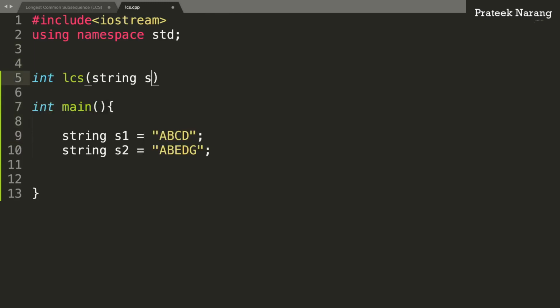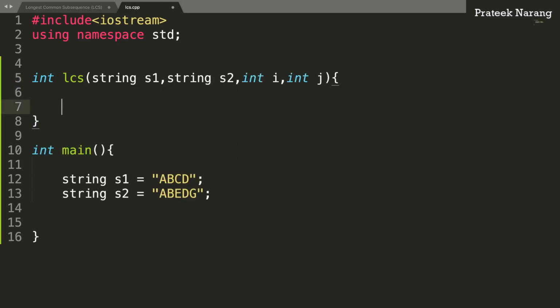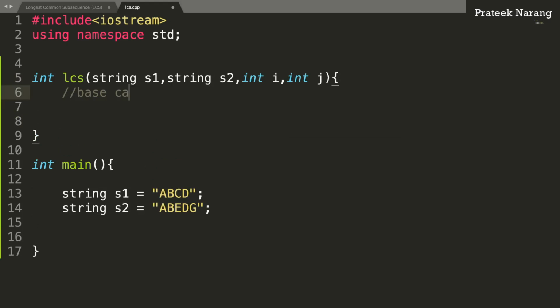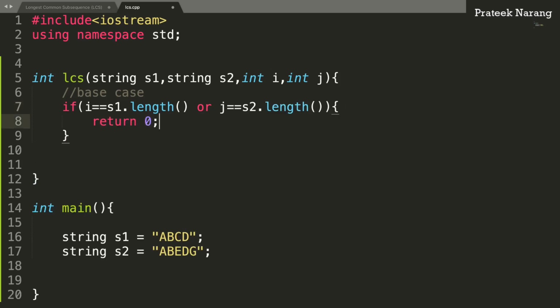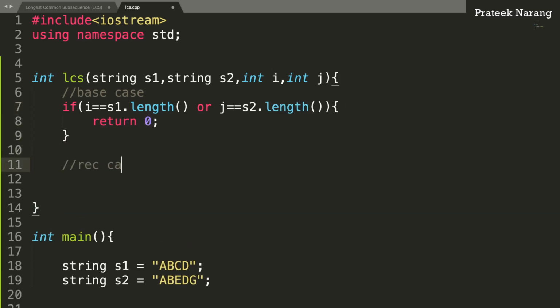I get string s1, I get string s2, I get i, I get j, and we have a base case. If i equals s1.length or j equals s2.length, that means one of the strings is finished, we won't find anything common, so we return 0. In the recursive case it is easy.